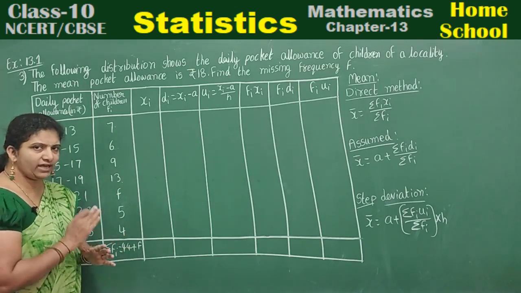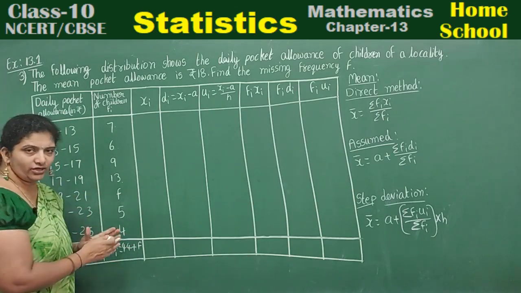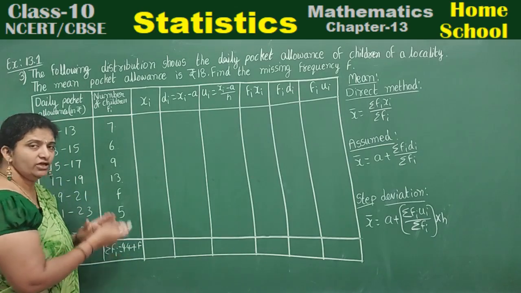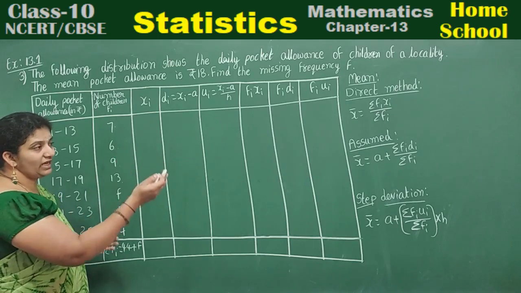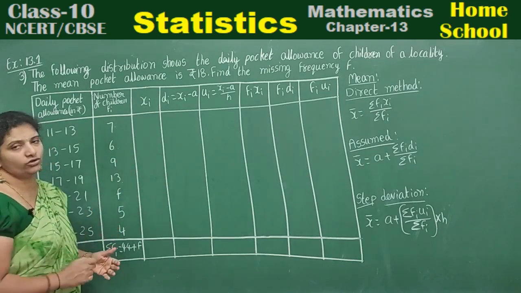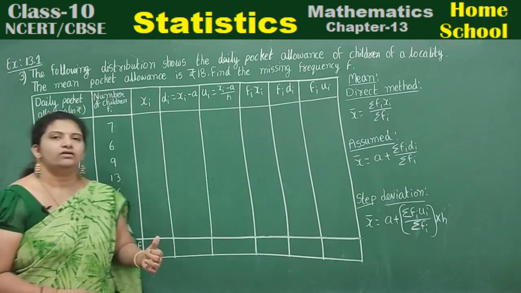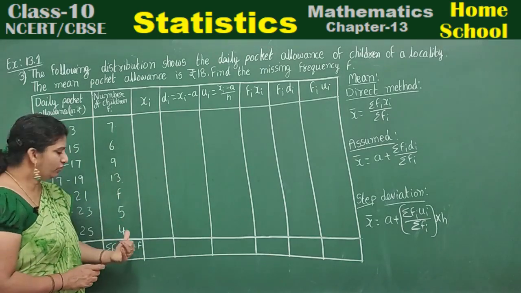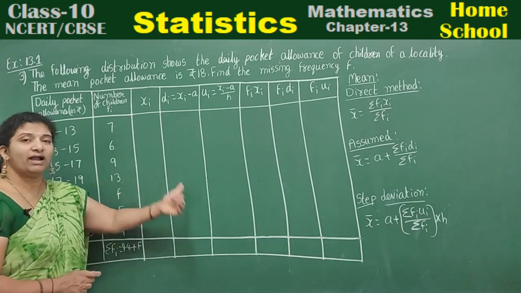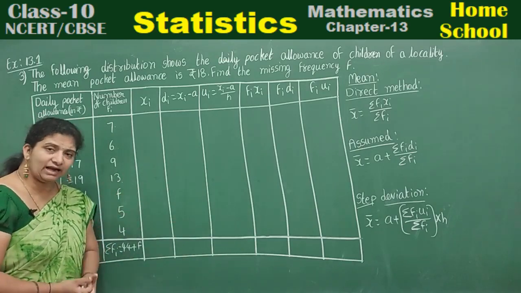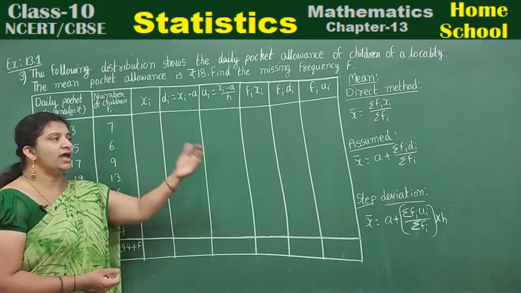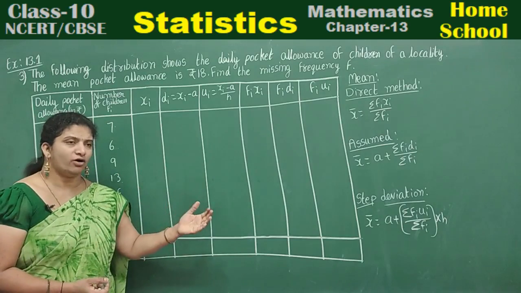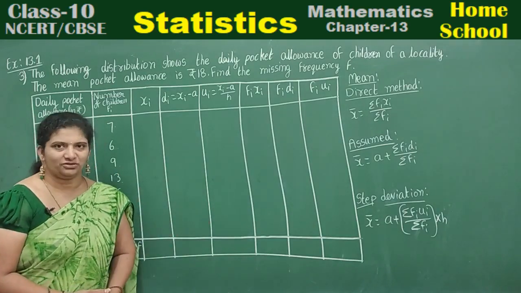As it is, you carry F wherever you are doing addition or multiplication. You take it as it is, apply that F in the formula. There you are going to get the F value. Don't panic here. Nothing will happen when you are adding. You take plus F. Suppose you are multiplying, you multiply with that letter F only. In your answer, when you apply the formula, you are going to get your F value.